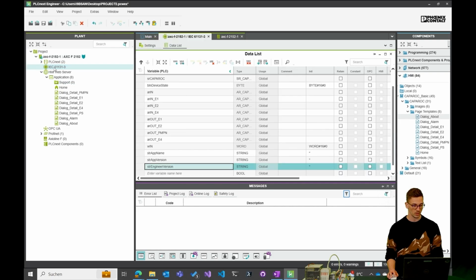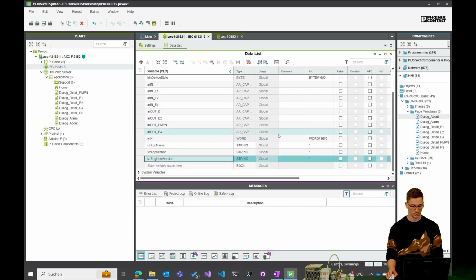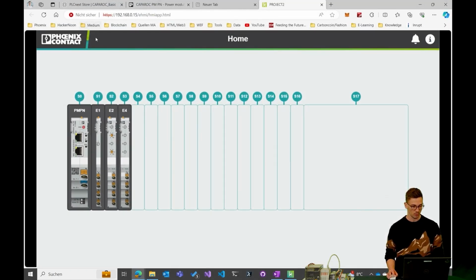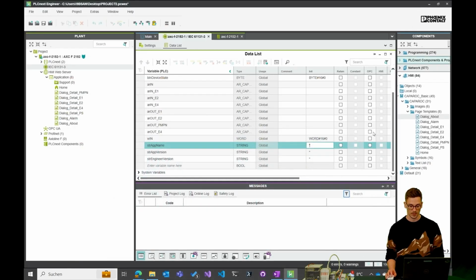Before we go further, let's go here, app name. I want to display that. Right now you can't see anything, but here you can display an app version or an app name. So let's say Caparog Basic.